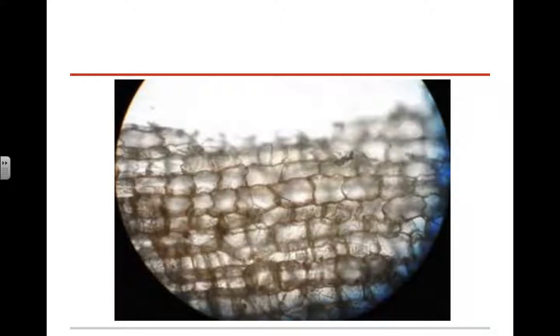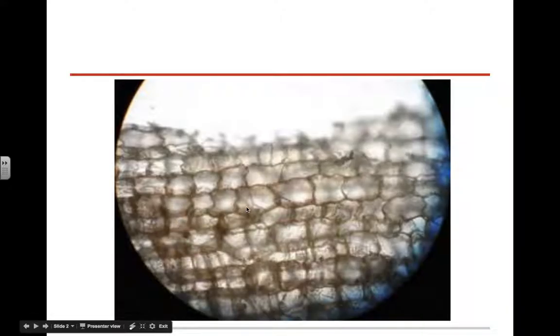So this guy, Robert Hooke, took a piece of cork, looked at it under the microscope, and thought, whoa, what is that? There's all these little, he called them cells. Guess why? Because he thought they looked like prison cells, which they kind of do. So he looked at this and thought, I wonder what those are, right? And cork actually comes from a tree. So even though it is dead and the inside of the cells are completely non-existent at this point, the cell wall or the outside part of the cell is preserved, and you're able to see that in cork.